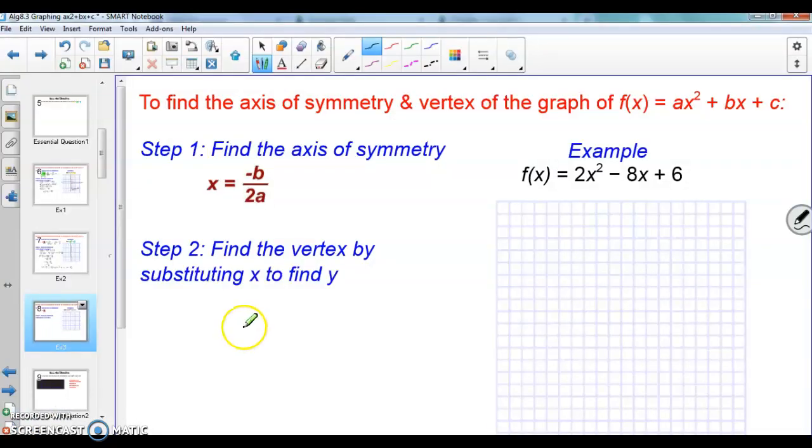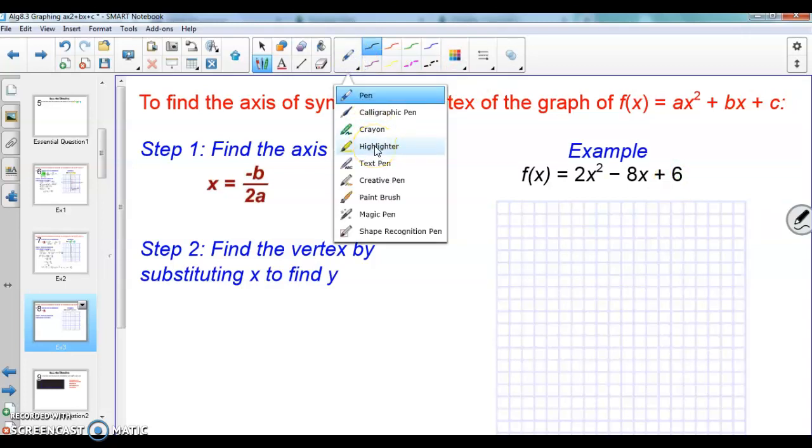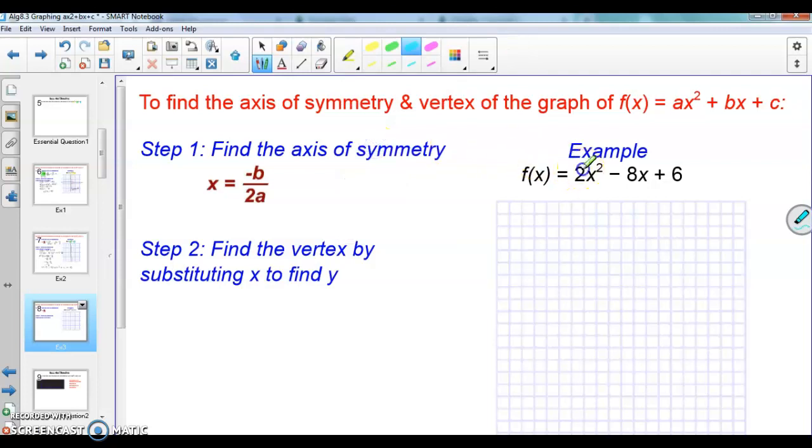Okay, on our third example, we have a trinomial, so it has a value of c. And again, it's important to note what a, b, and c are. So a is 2, b is -8, while c is 6. Well, in finding the axis of symmetry, does the value of c matter? Well, no. But later on, when we find other parts of the graph, the value of c will have an effect on our answer. So going back here,